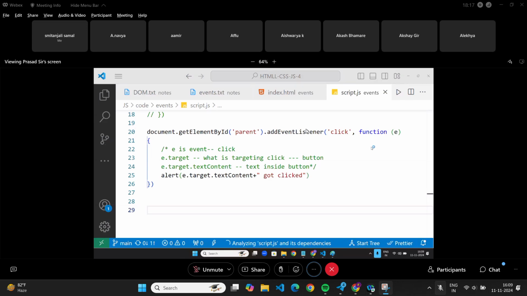In the last class, we discussed something called events. An event can be triggered, and when you trigger an event, some action will happen, like calling a function. The function can take that event value and print it, like event.target. If you understand this concept well, you can do so many things.